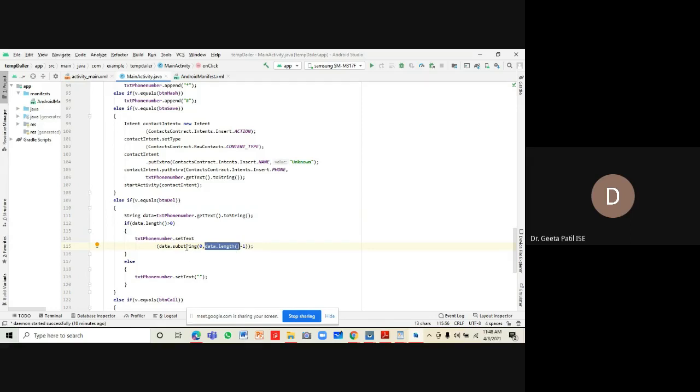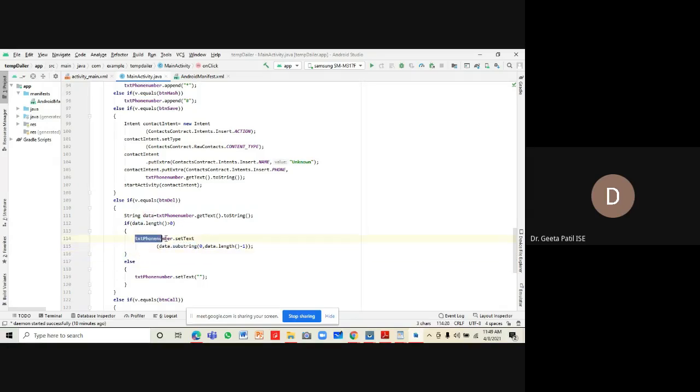Substring will consist of 4 characters starting from character 0. If your phone number has 10 characters, and we are using this substring 0 to data length minus 1, so 10 minus 1, 9. So 9 digits will be taken from the phone number. That is what this substring function does.